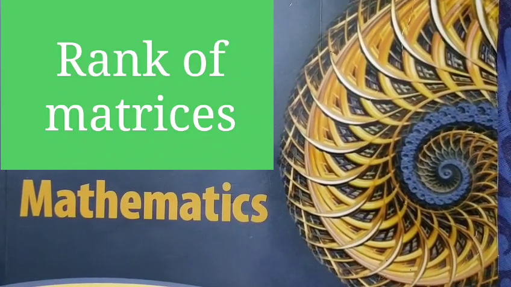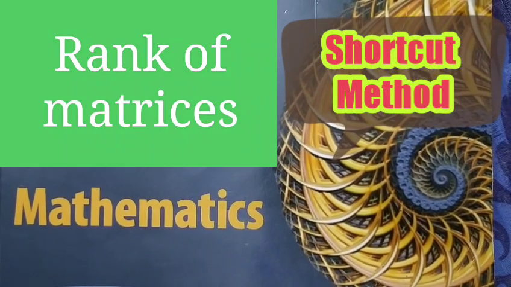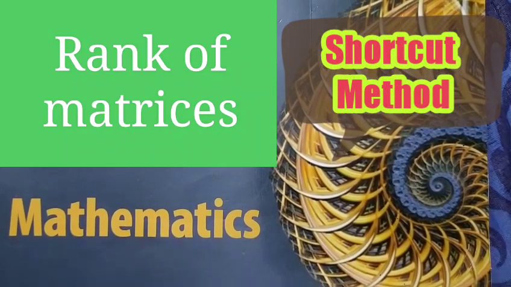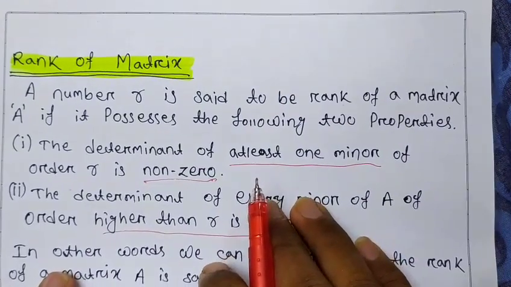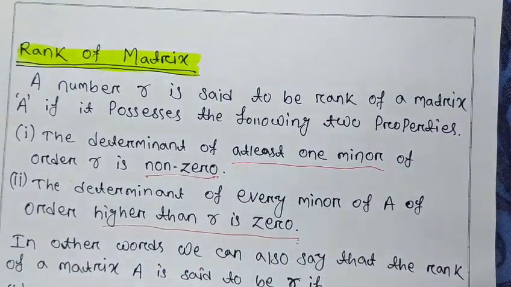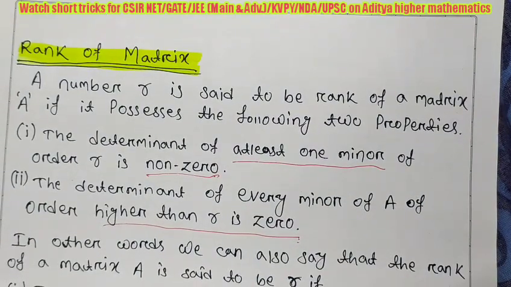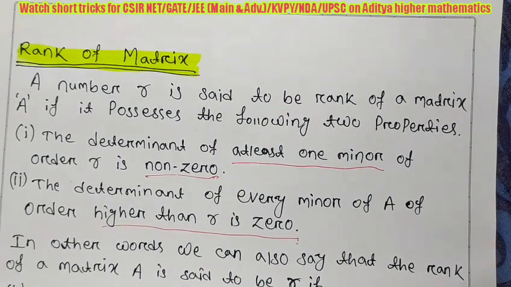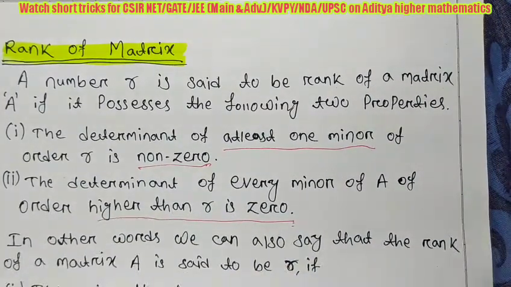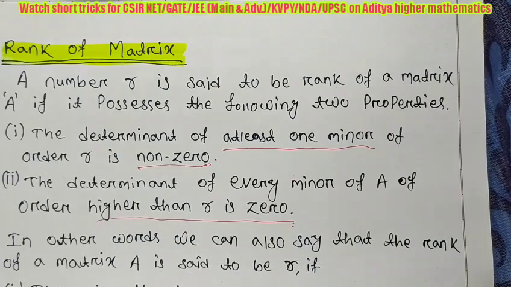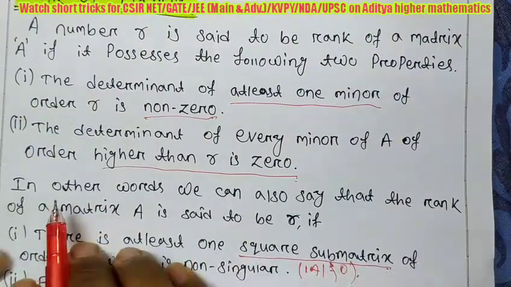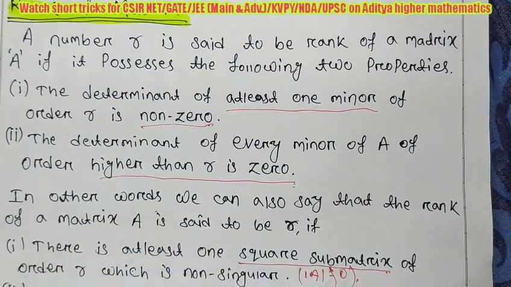In this video I will say a shortcut method to find the rank of matrices. So now I will discuss the topic. Actually this rank of matrix topic is very important for all types of entrances, whether you are giving JEE Main or Advanced, CSAT, NET, CAT, IIT JAM, BHU and also OPC, UPC examinations. And in this video I will cover rank of both square and non-square matrices, and watch the full video for the shortcut method. First I will say the shortcut method, next we will solve some examples.